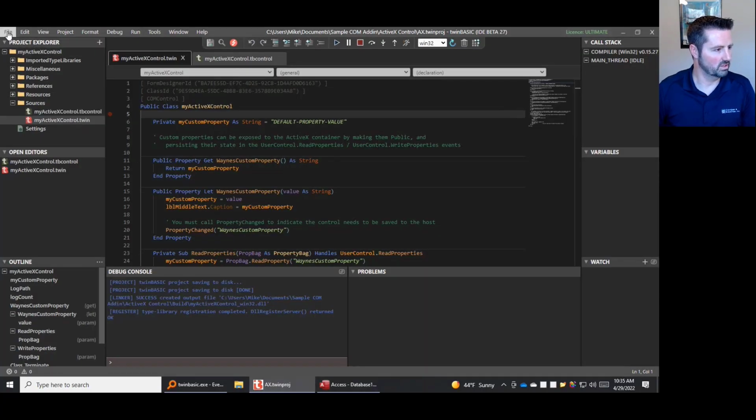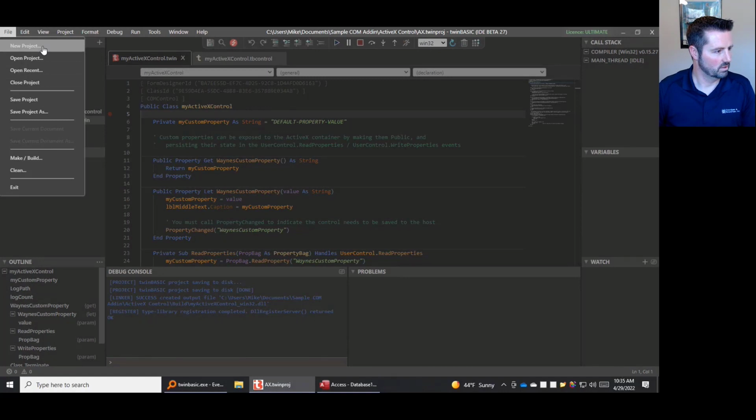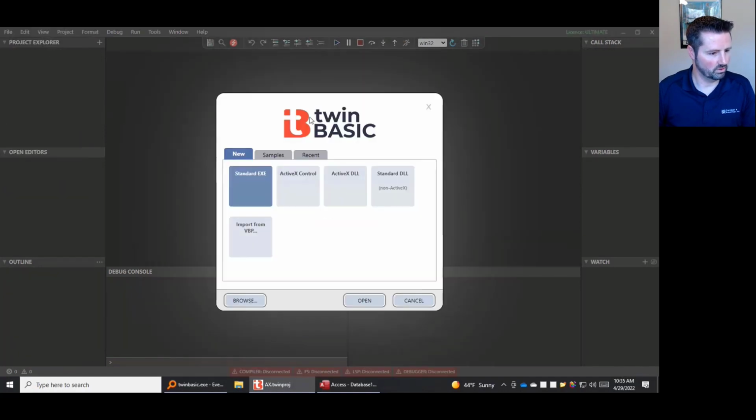Last thing I'll show real quickly is what you can do. Here we go. The import from VBP. So if you are a Visual Basic 6 developer, if you've got any Visual Basic 6 projects lying around, I'm not a VB6 developer, but I actually had a project that I wrote in VB6 that, because VB6 doesn't work in 64-bit environments, my clients had to continue using 32-bit Office to be able to run it. So this was nice because instead of having to convert it over into .NET, I can just go in and